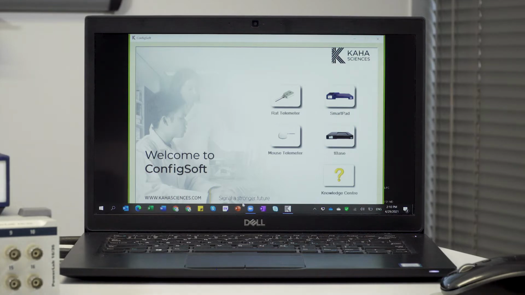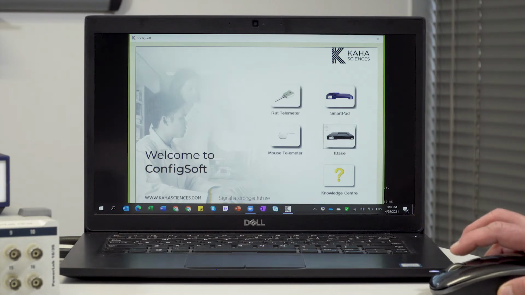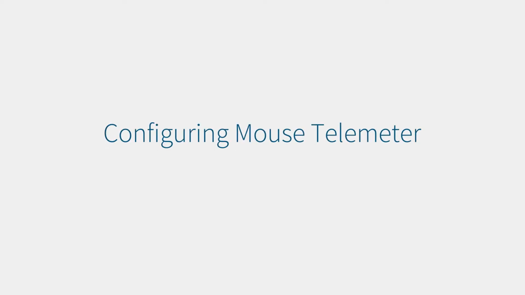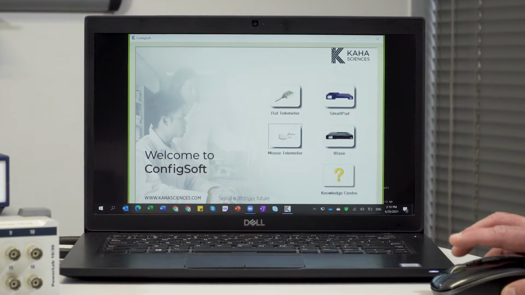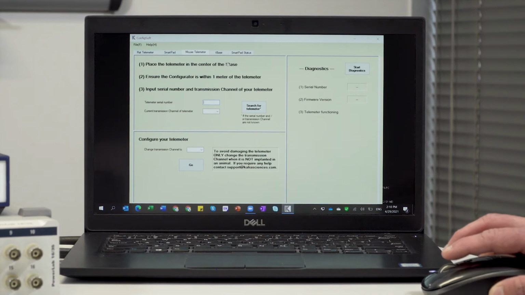When we open ConfigSoft, we come to a home screen and you can see we've got choices for the rack telemeter, the SmartPad, mouse telemeter or the T-Base, plus the Knowledge Center here, which takes you to a website-based Knowledge Center. If we start with the mouse telemeter tab, if we click on that button, we come to a new screen where there's 4 or 5 tabs across the top.